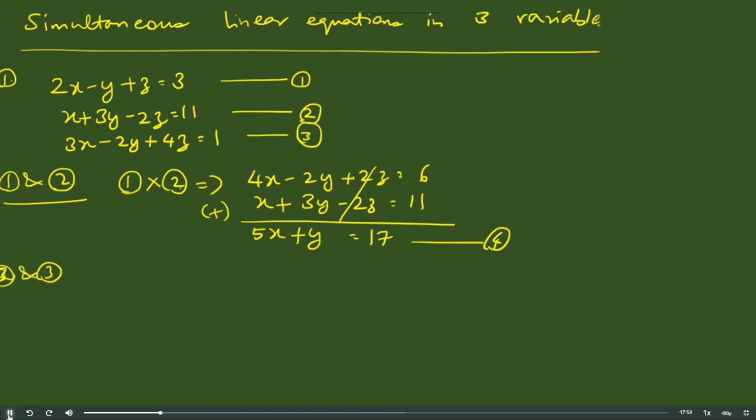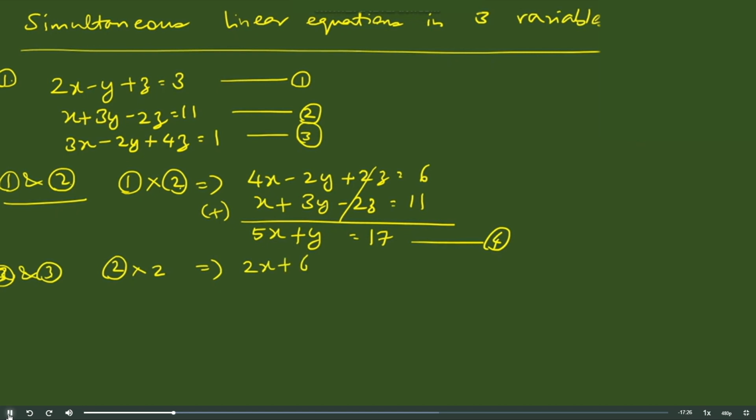Look at the second equation: x plus 3y minus 2z is 11. Third: 3x minus 2y plus 4z is 1. I will multiply equation 2 by 2. I'm trying to bring the same coefficient for z in both cases. So equation 2 into number 2 would be